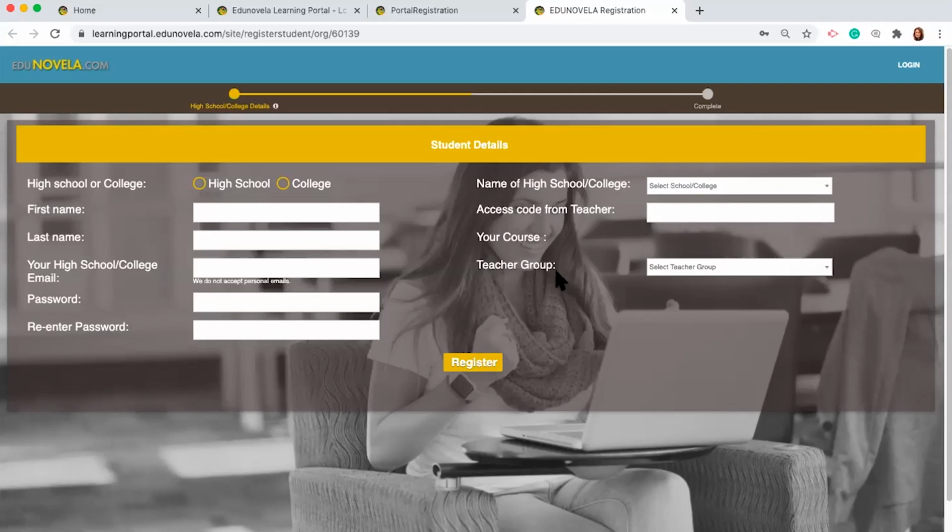And then the teacher group is either the section or the period number that your high school or college instructor has you enrolled in, or it's some other identifier that your teacher has given you to help you know which group to register for. So that's really teacher sections like first period, second period, or honors, or AP, or college level 2, college level 1, something like that. And then you're just going to click on register,